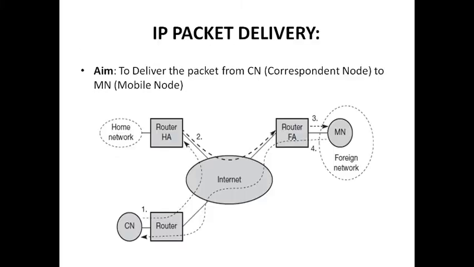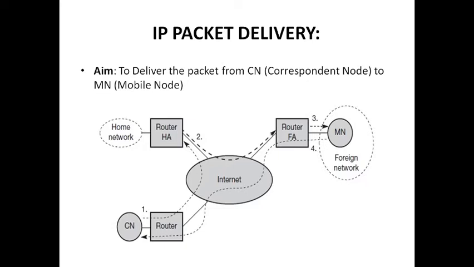As CN is sending the packet, CN is considered the source address and MN is considered the destination address. So CN, knowing the mobile node as destination address, will start sending the packet without knowing anything about the mobile node's current location. The internet, not having any information on the current location of MN, routes the packet to the router responsible for the home network of the MN.